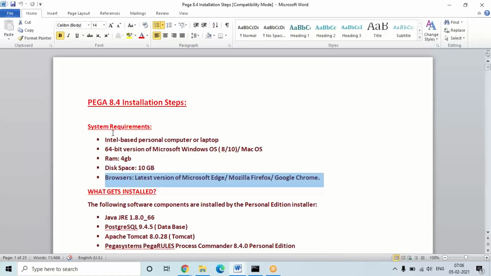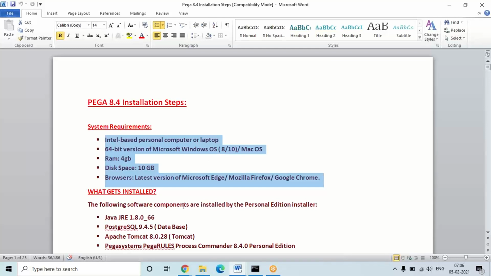I think these are the common requirements in every system you may get. So without any special or high-end configuration, anyone can install Pega in their systems. I think everybody knows how to check the system configuration: if you right click on your computer icon, you can see the requirements of your system.